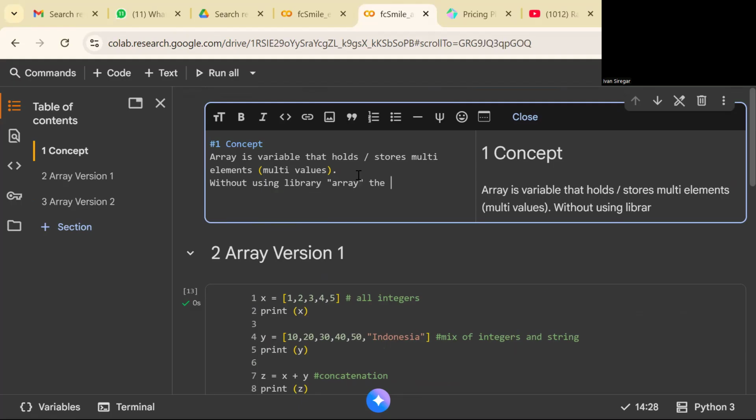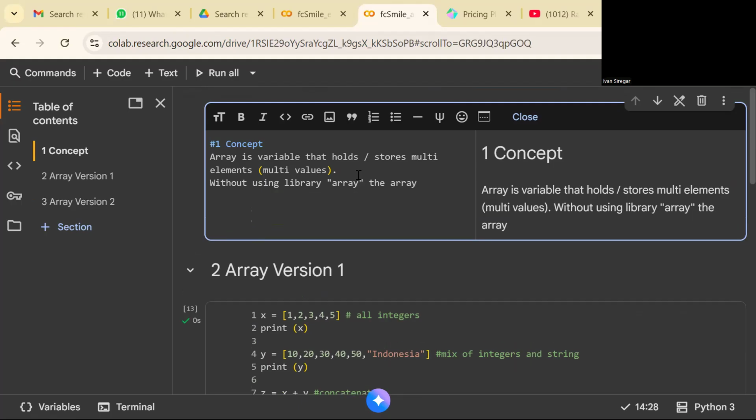The array that we have can store multiple types.